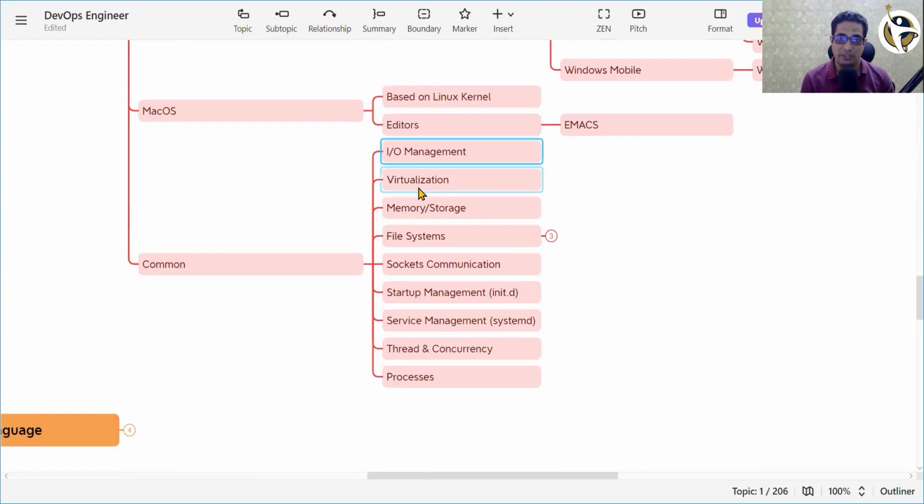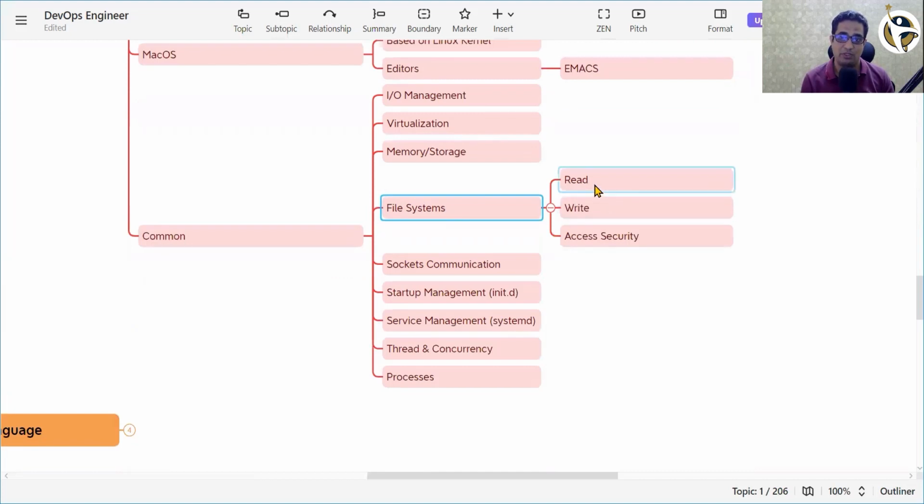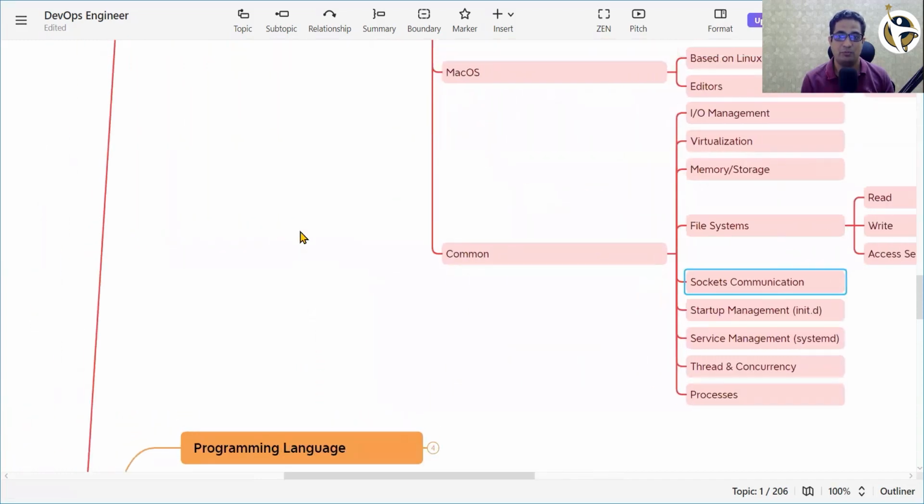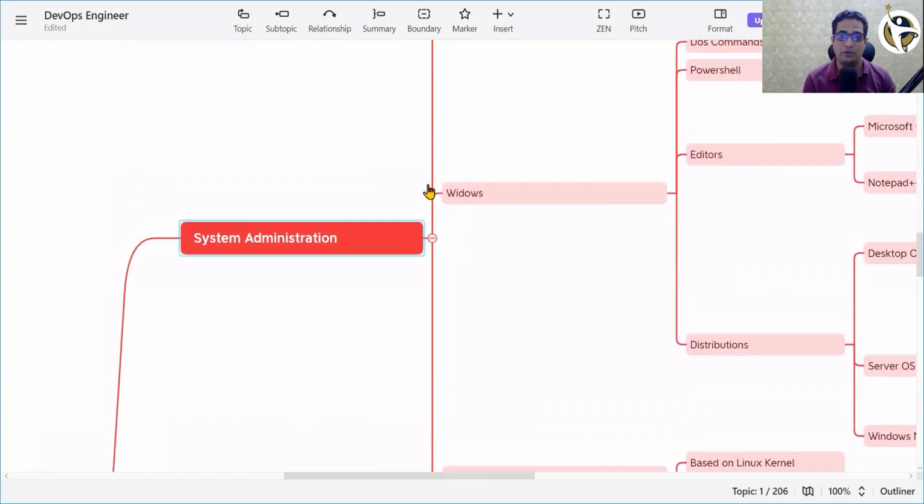So IO management is one of the things where you need to focus on virtualization, how the virtualization works. Then memory and storage management. You need to know the file system also. I mean, how the data is written and accessed, and security. So in case of Linux, we have read, write, execute operations. So you need to master these skills. Then socket communications, startup management commands, service management commands, thread and concurrency and process management commands. So these things you need to know as part of common features, whether you are working on Windows or Linux